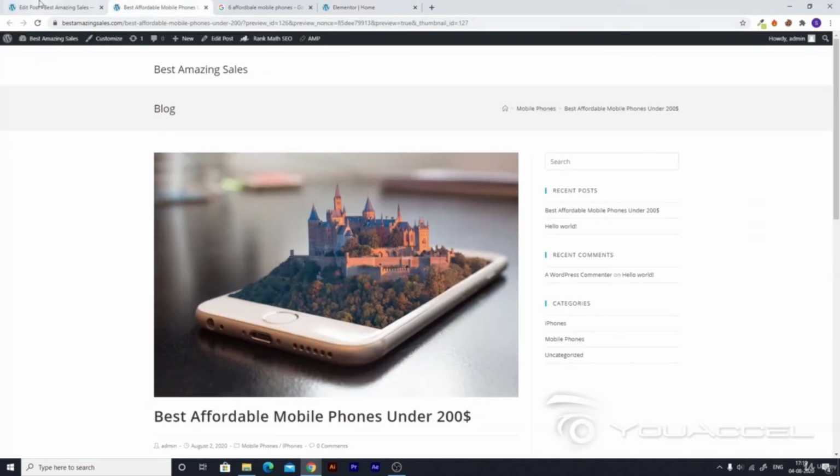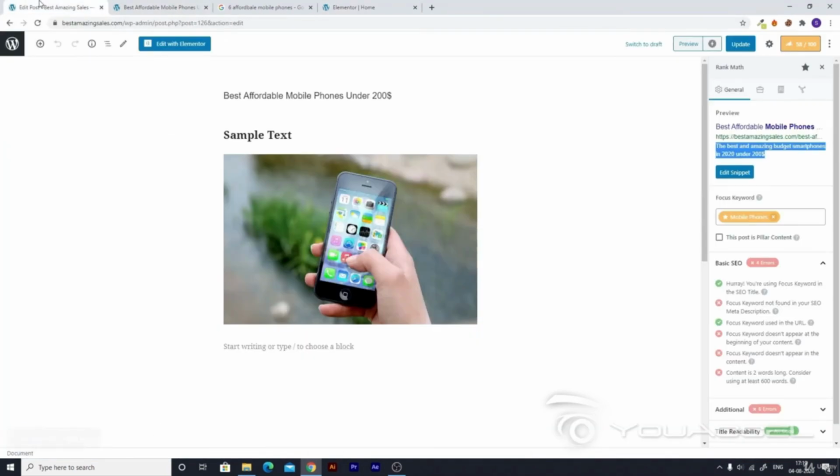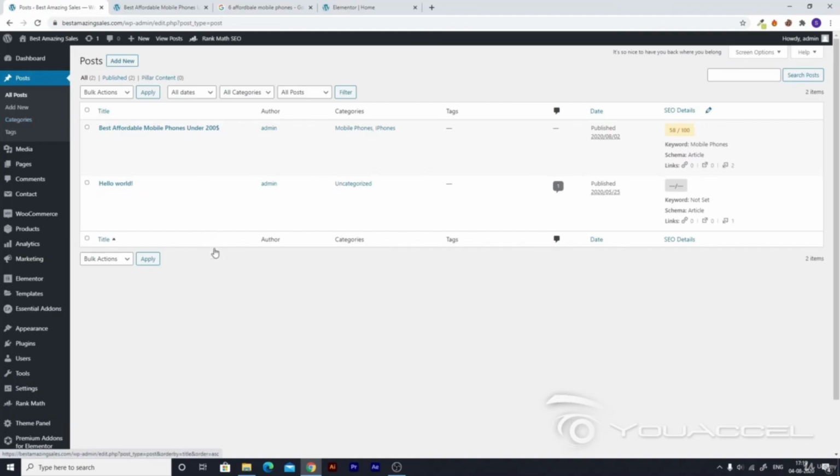So I don't want it right now, so it's a good practice to just go ahead and delete things which you don't need, as it helps in organizing things. You can see in posts, all posts, the hello world post which is by default. Now you should just click on it and trash it,